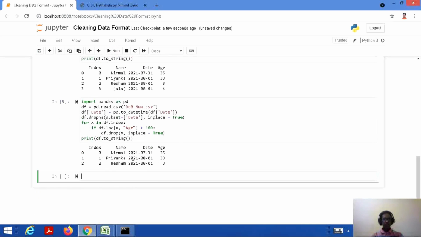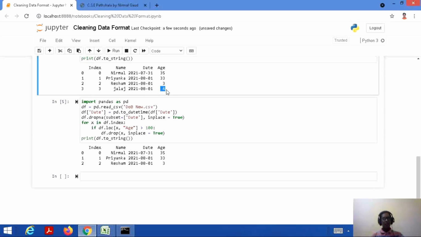So here it is. As we know that previously this row we got with the replacement of 400 by 4, but now we are not getting this particular row. It has been dropped because 400 is a wrong value, and as per our code we need not mention it in our updated data frame. So that's all for this tutorial.